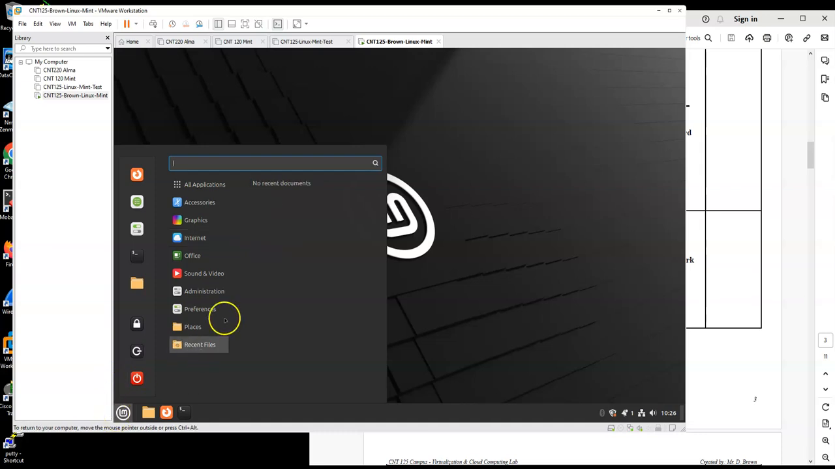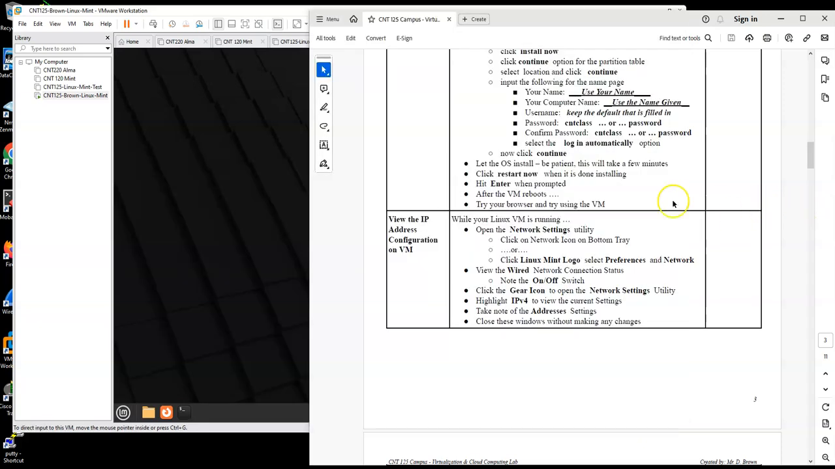This is your access to all the applications and utilities on this OS. Feel free to use and explore and so forth. We have a couple of tasks I want you to do once this is up and running. We want to look at our network settings and work with our VNIC settings